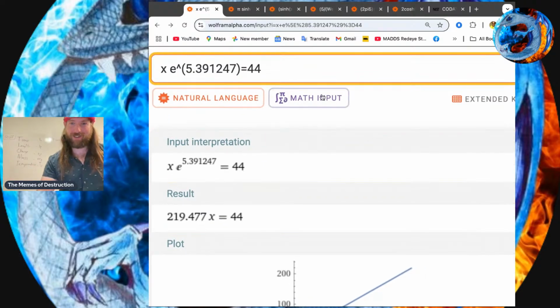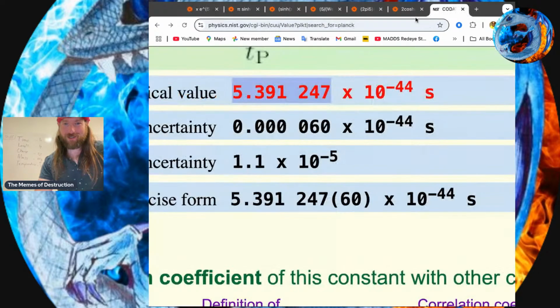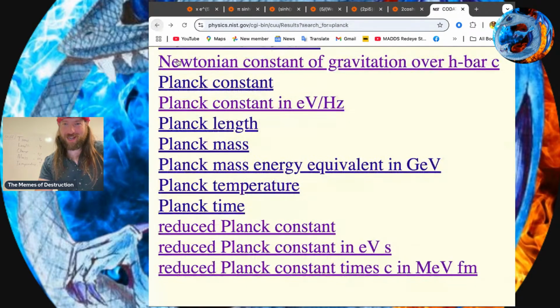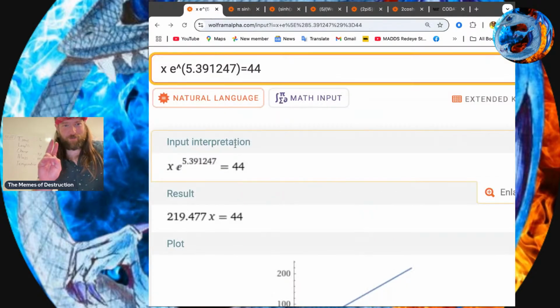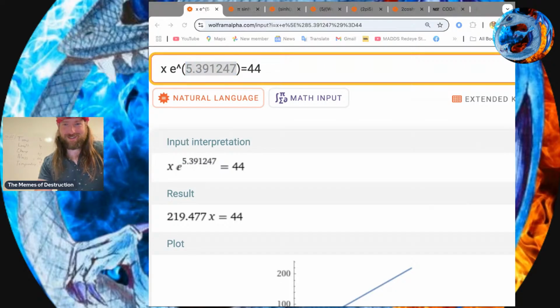I'm sure there are other products that do, that I just don't know of any. Let's go back to our friend CoData. We did time. Let's do length. What do we got here? Let's again take our little hack, because remember, my friends,